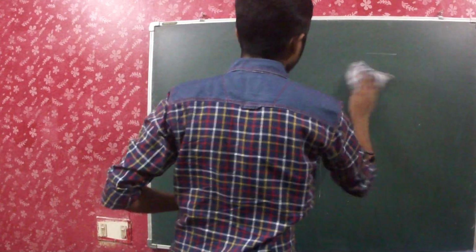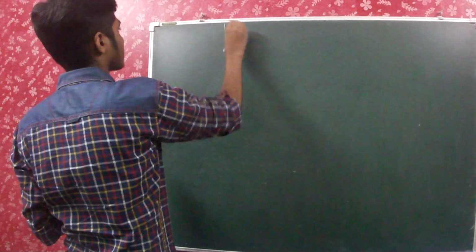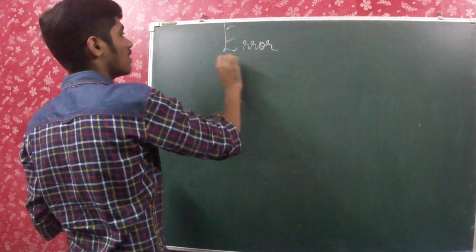We have to move to another topic, that is, we have to learn about error. Error is nothing but uncertainty in measuring things. Whenever we find a mistake or an uncertainty in whatever we have measured, we call it an error. So every calculated quantity has an error. Okay, there are no exceptions. Every calculated quantity has an error.